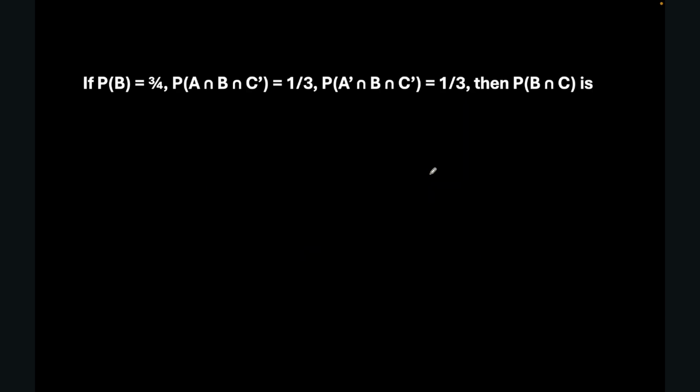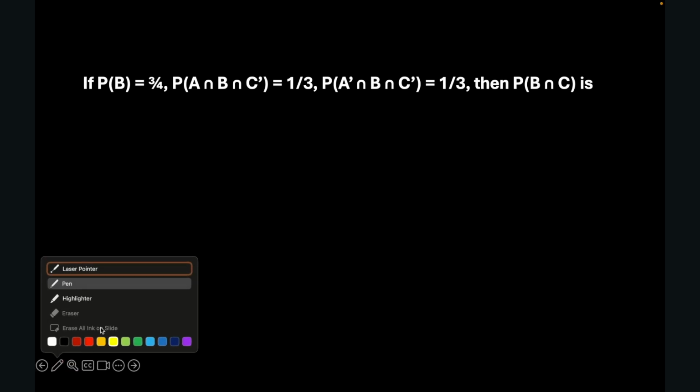So we're told that the probability of B is 3/4, the probability of A intersection B not intersecting C is 1/3, and similarly, another probability is 1/3. And what is the probability of B intersection C? Again, pause the video, give it a shot, and play once you have tried it out. Okay, so